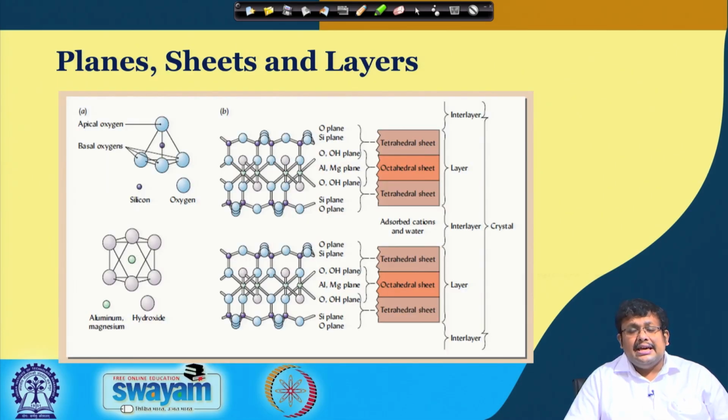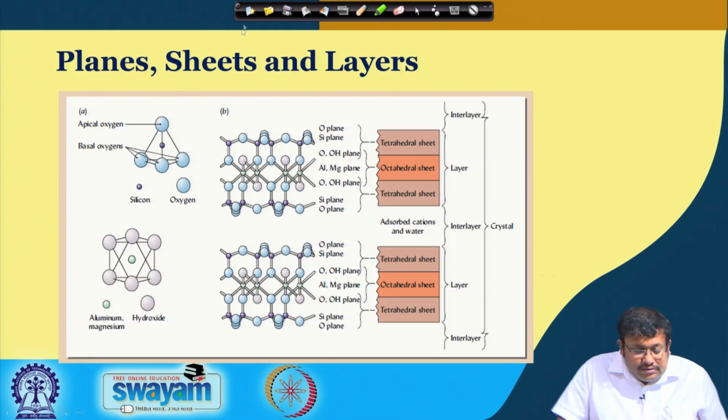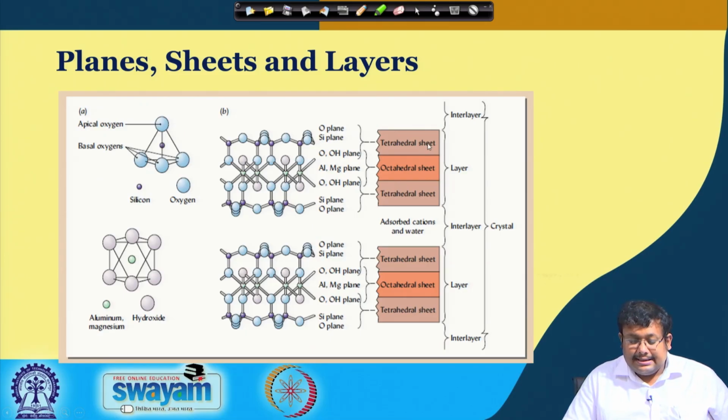If we see the overview of a clay mineral structure, we will have this picture. So, let us discuss how these different sheets, that means octahedral sheets and tetrahedral sheets, join together to form a total clay mineral lattice. As you can see, this is basically a 2:1 type of